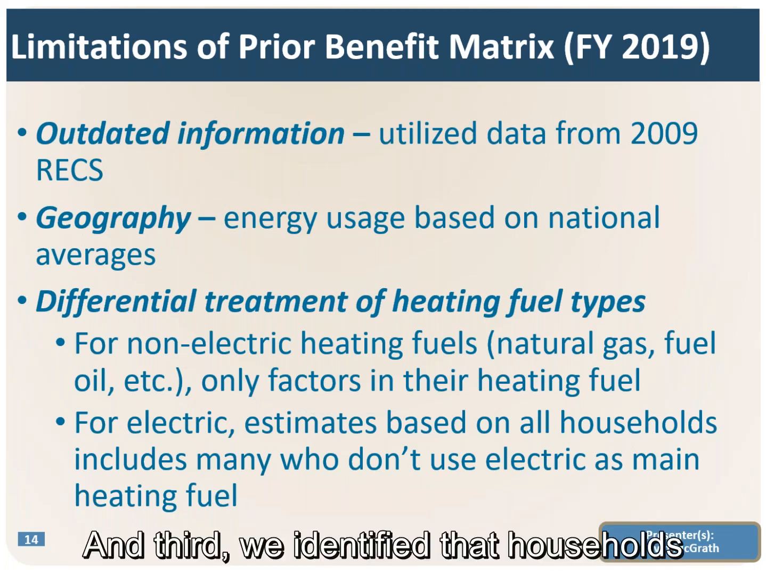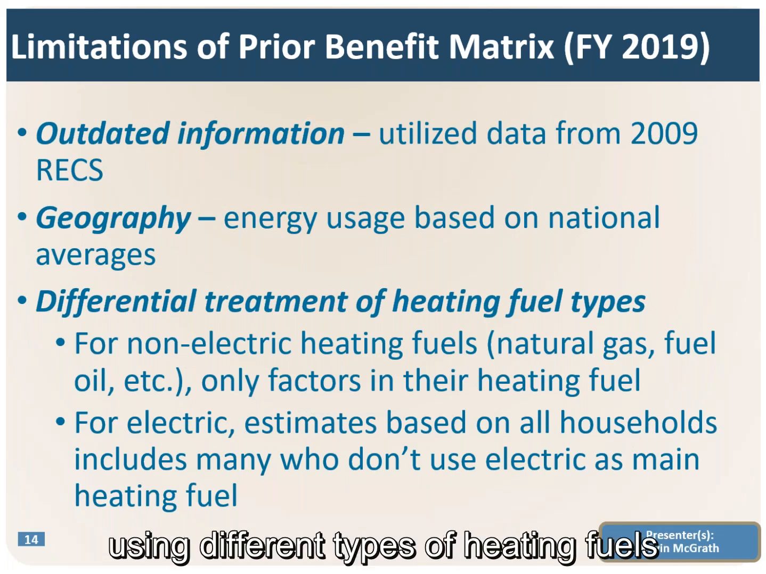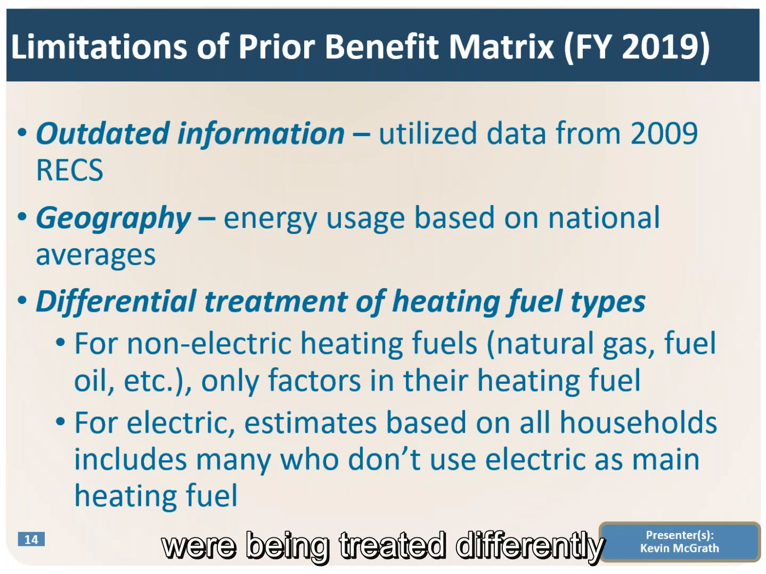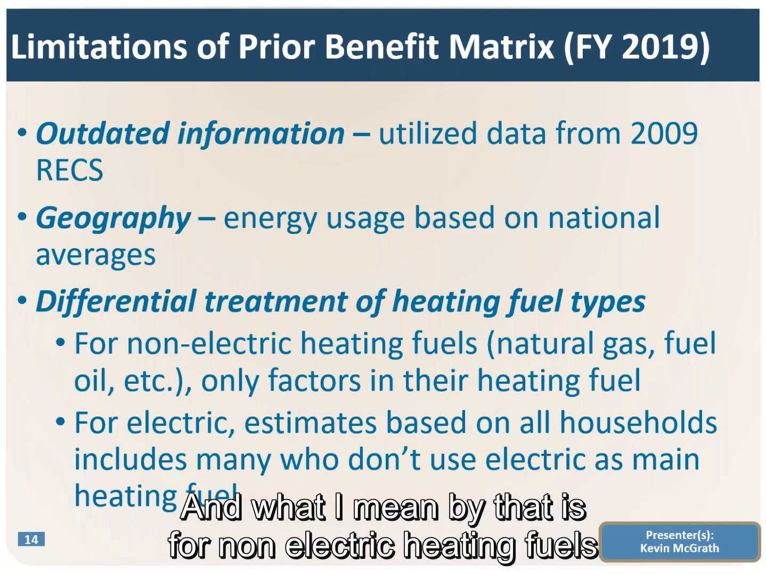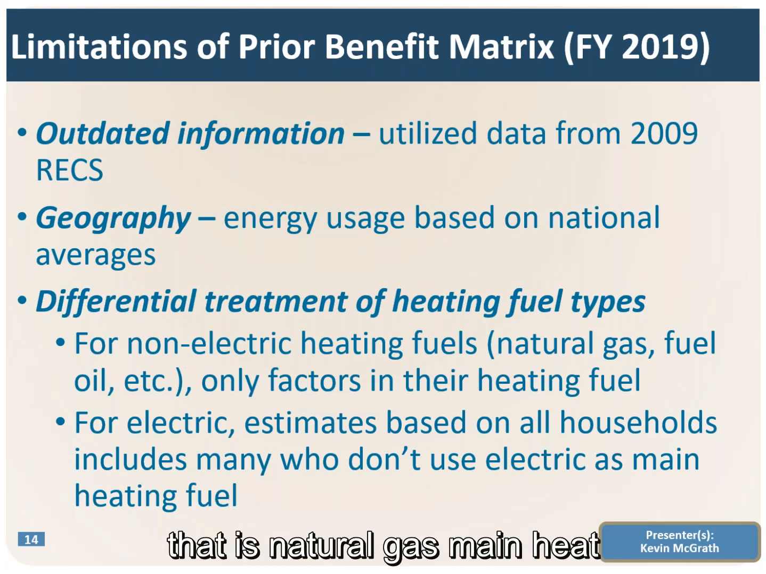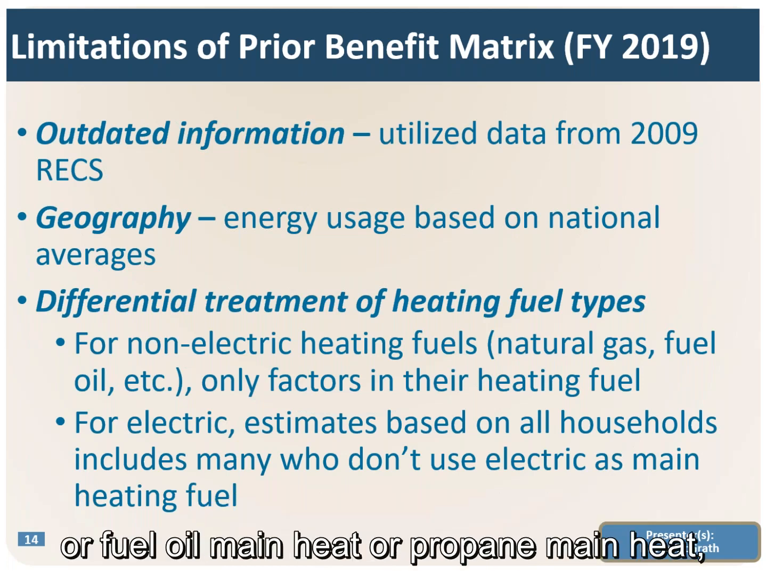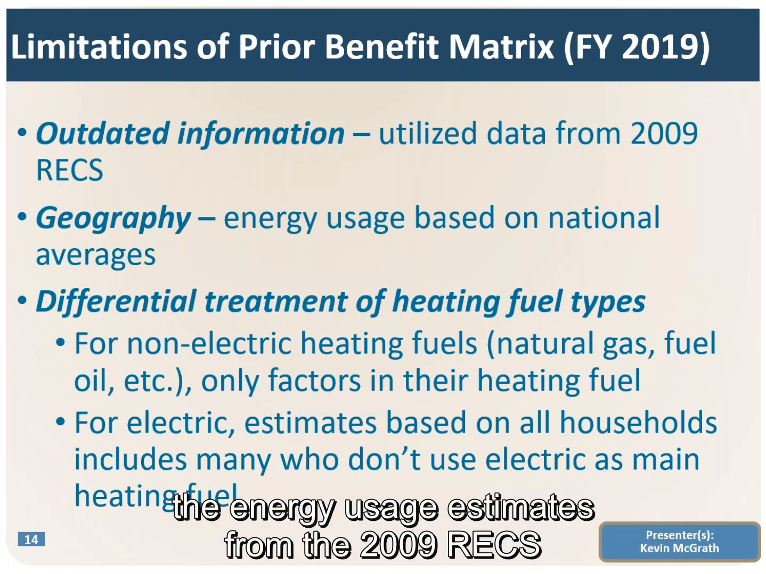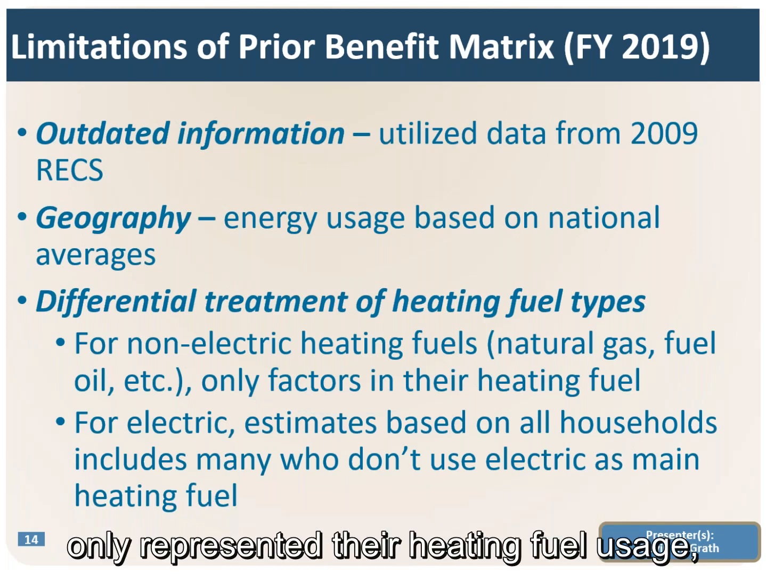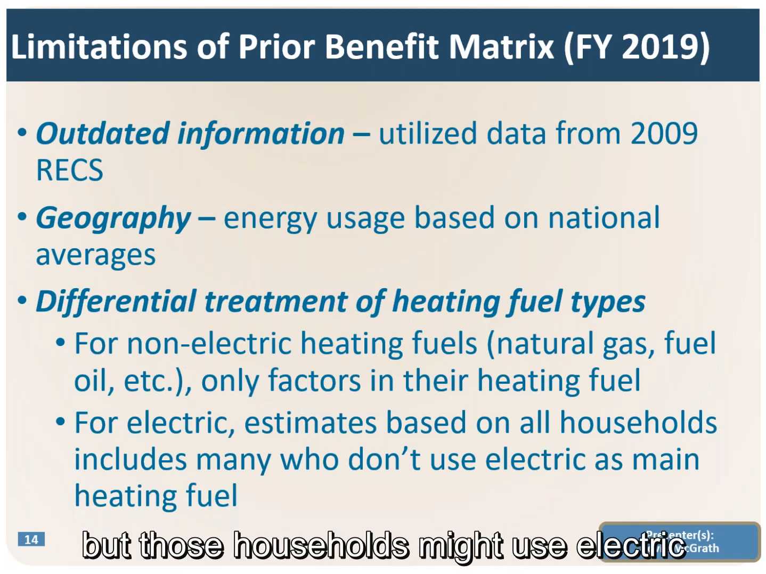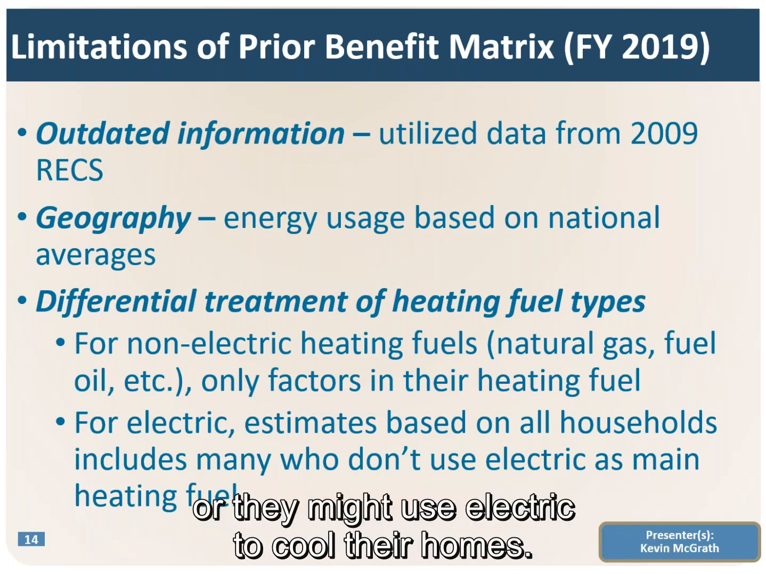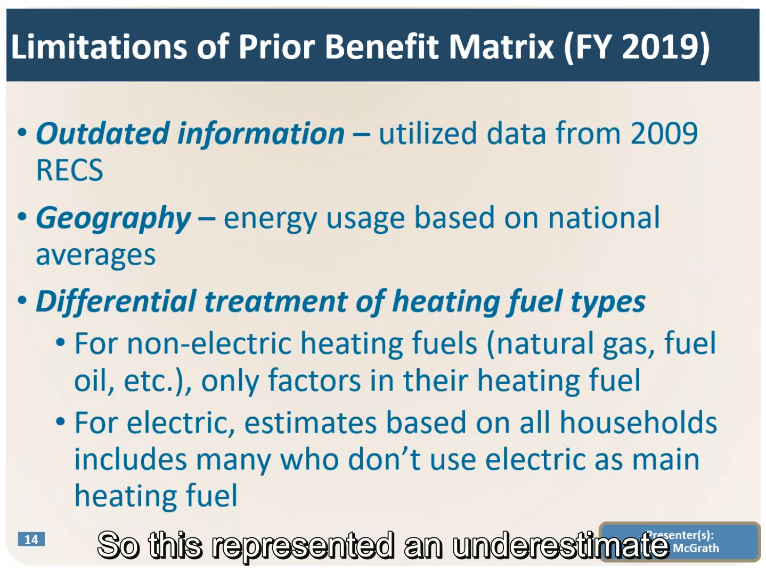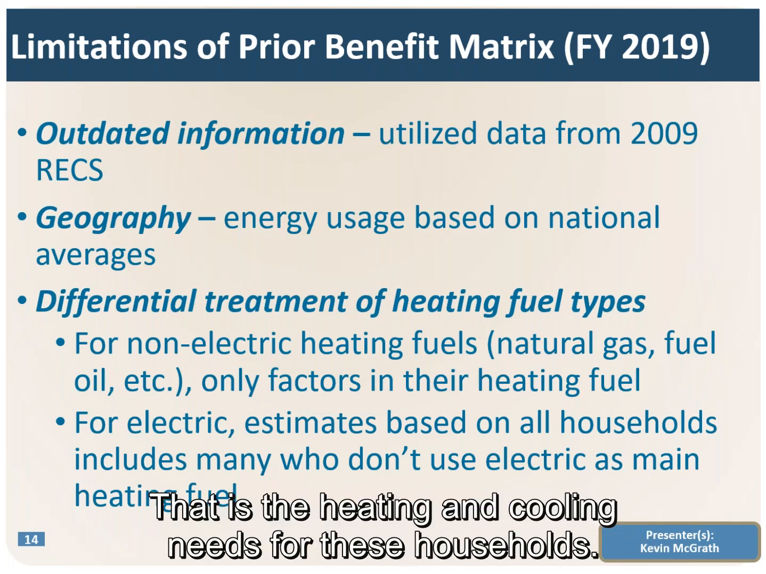And third, we identified that households using different types of heating fuels were being treated differently under the existing benefit determination procedures. And what I mean by that is for non-electric heating fuels, that is natural gas main heat or fuel oil main heat or propane main heat, the energy usage estimates from the 2009 RECS only represented their heating fuel usage. But those households might use electric to run their heating equipment, or they might use electric to cool their homes. So this represented an underestimate of the home energy needs, that is the heating and cooling needs for